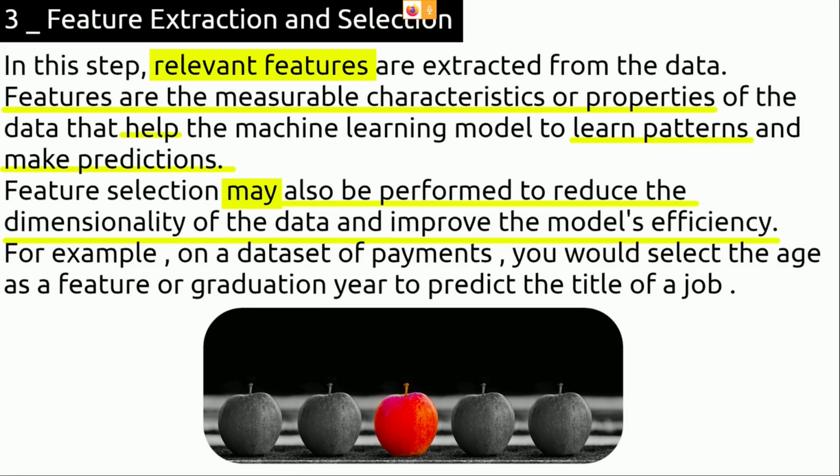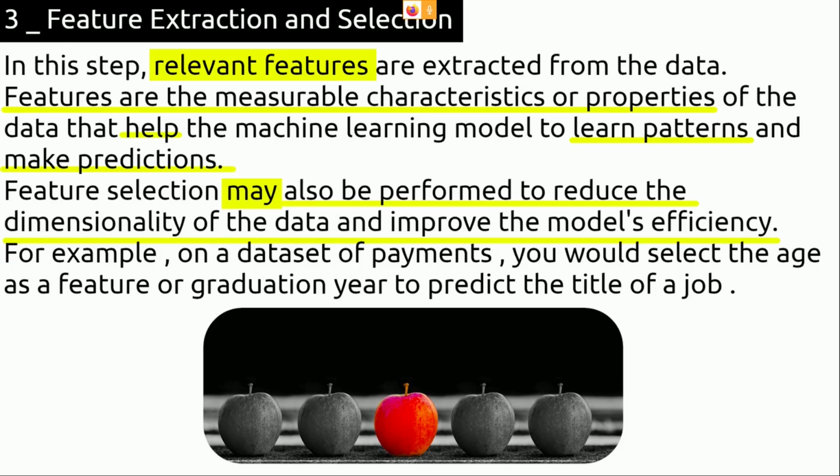In this step, relevant features are extracted from the data. Features are the measurable characteristics or properties of the data that help the machine learning model to learn patterns and make predictions. Okay, feature selection may also be performed to reduce the dimensionality of the data and improve the model